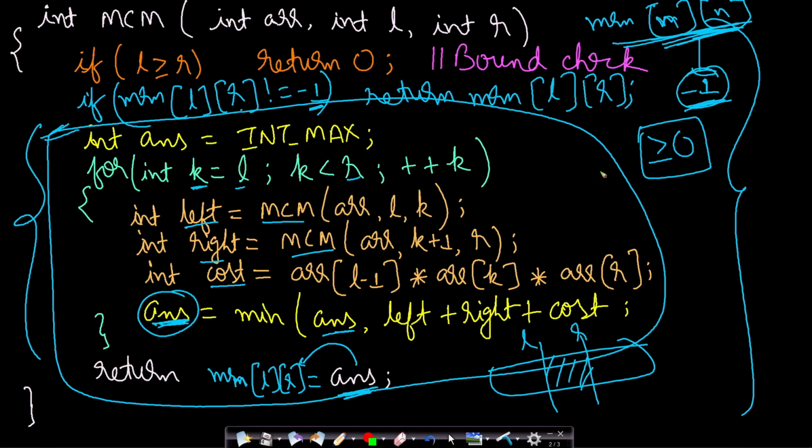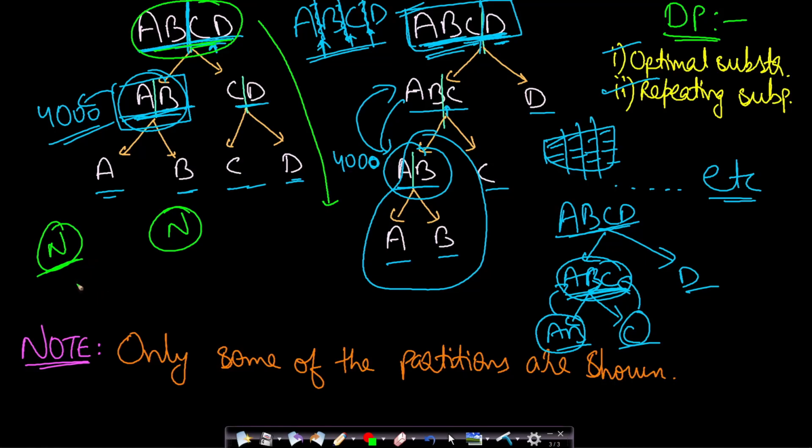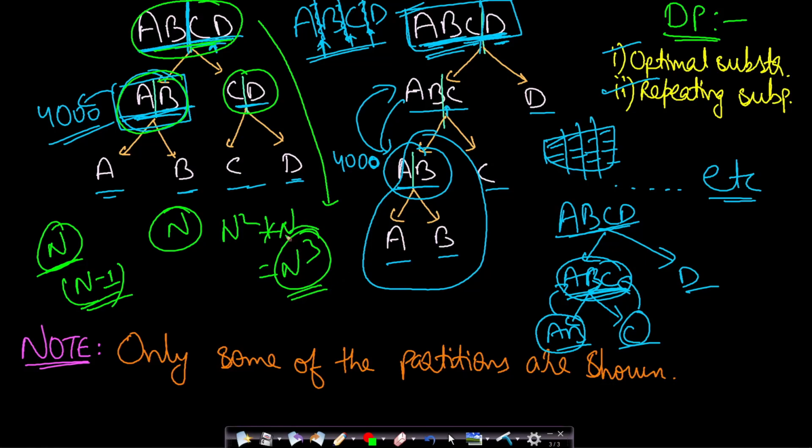The time complexity of this algorithm will approximately be order of n cube. And why is it not order of n square? Because you can see here that if it was a single tree, then this might have been order of n square. But since the root is changing n number of times, because if you are having n number of matrices, you are dividing it at n minus 1 number of points. So that is why we have to draw multiple trees, and that will be true for all the internal nodes. And so if you multiply n square with n, then it will be equal to n cube. Okay, so this is approximately the same time which is taken by the tabulation DP approach.